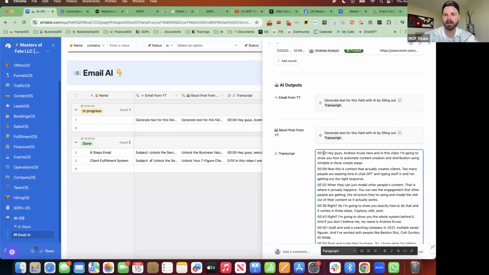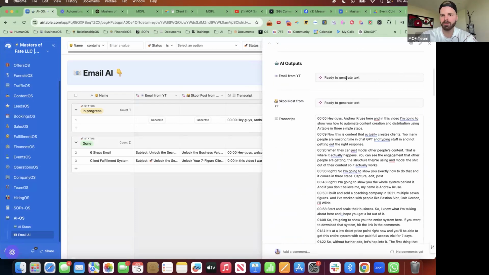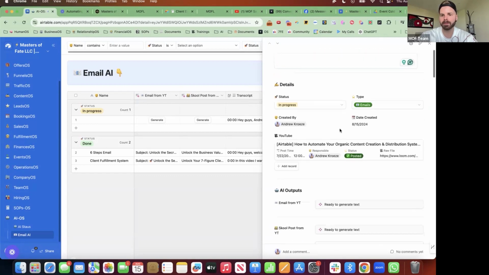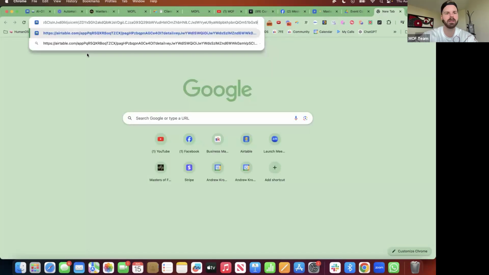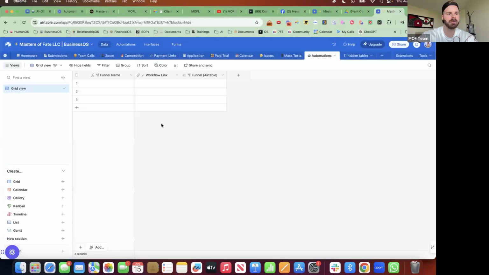Boom, right here. Sweet. And then there's a button right here called Ready to Generate to Text. Boom. And let me make sure it's got that. Maybe I got to put it in on the data side first. So I can go here, boom, to the data side of things.